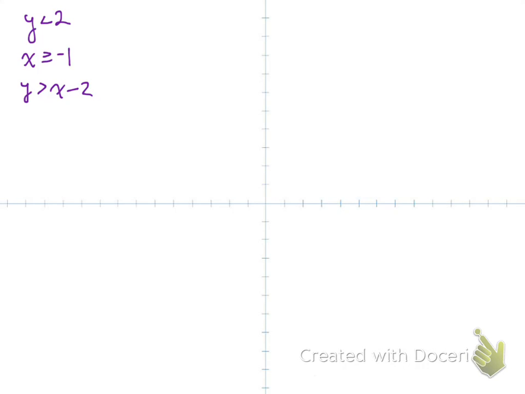Okay, class, in this example we're going to take a look at what it looks like to solve a system of three linear inequalities. So, starting with our first inequality, we've got